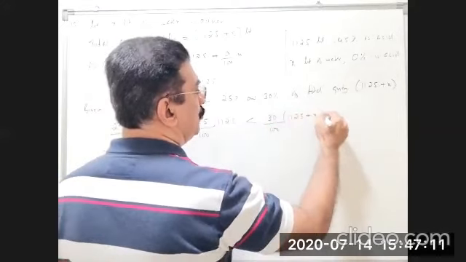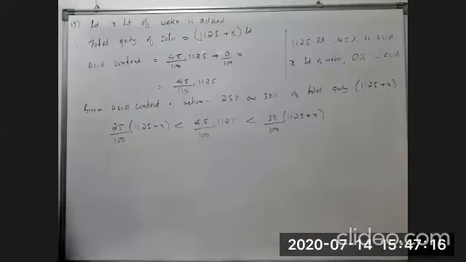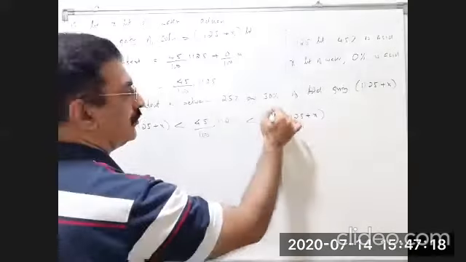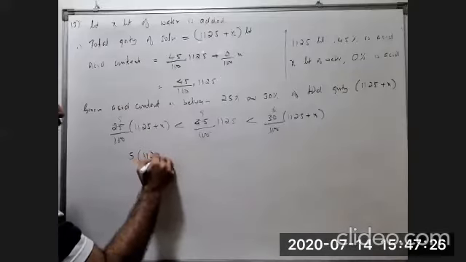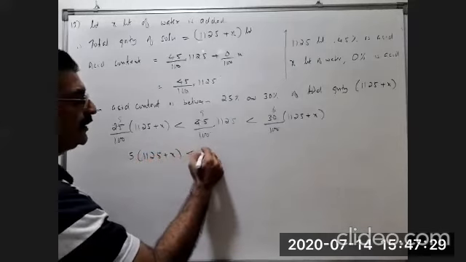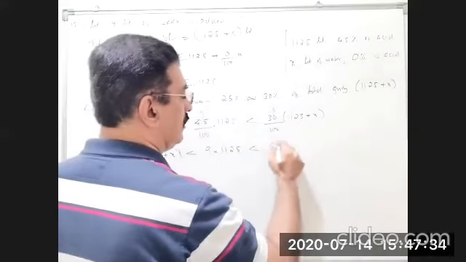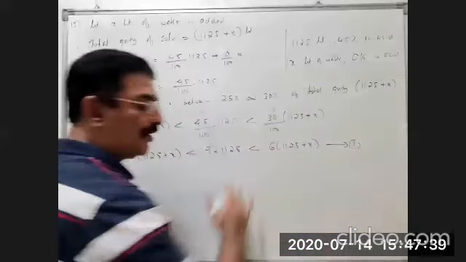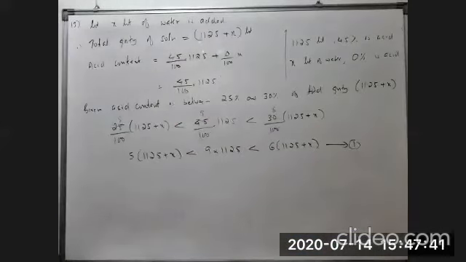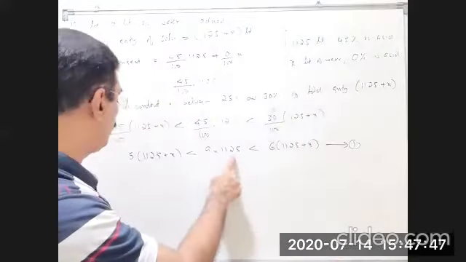100 can be cancelled. Again 30, 45, 25, cancelling by 5: 6, 9, 5. We got 5 into (1125 plus x) less than 9 into 1125, less than 6 into (1125 plus x). Remaining, do it as a whole. Don't go for multiplying 1125. Instead of that,